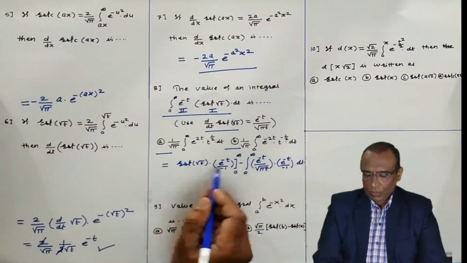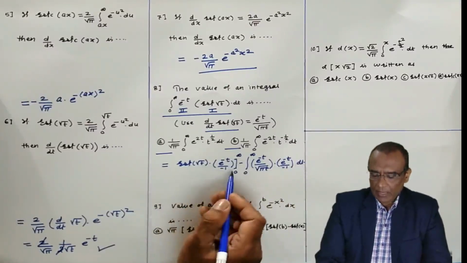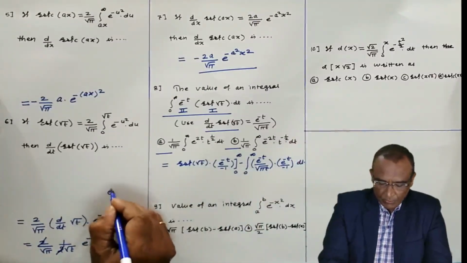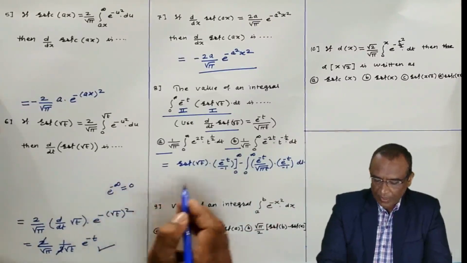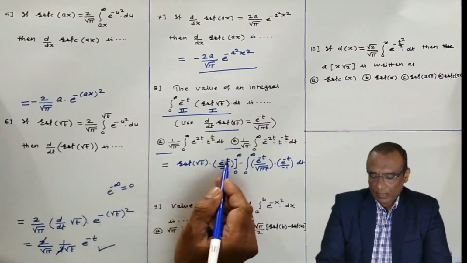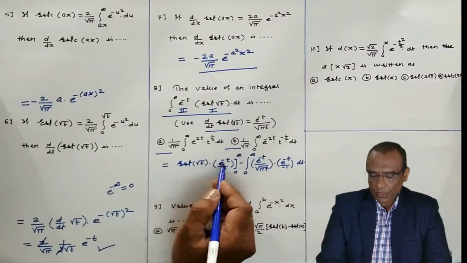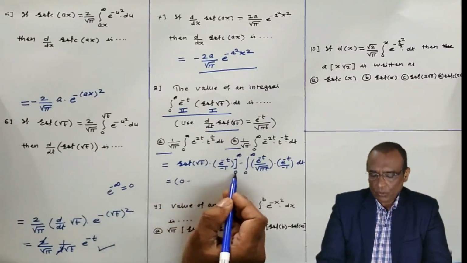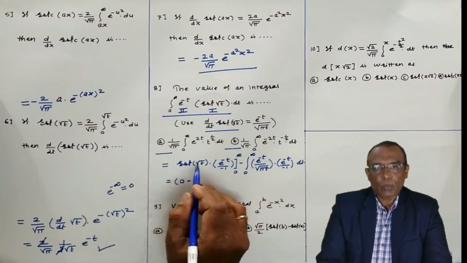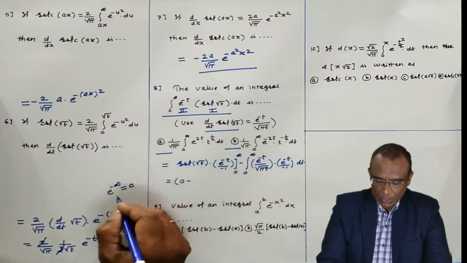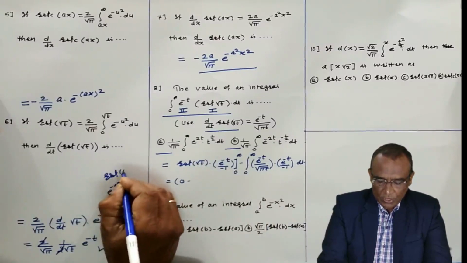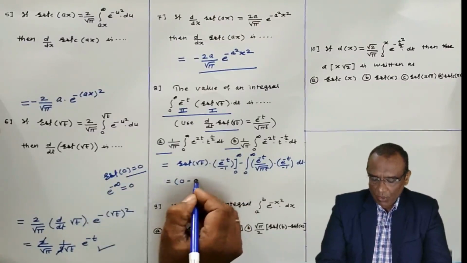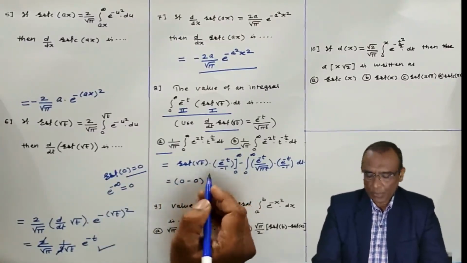Now substitute t equal to infinity and t equal to 0. E to the power minus infinity is 0. So for t equal to infinity this will be 0, because 0 multiplied by this will be 0. Minus, put t equal to 0. If you put t equal to 0, the error function of root 0, meaning error function of 0, will be 0. ERF of 0 is 0. And if it is 0, then 0 multiplied by this will be 0. Means for the upper limit and lower limit, this is going to become 0.